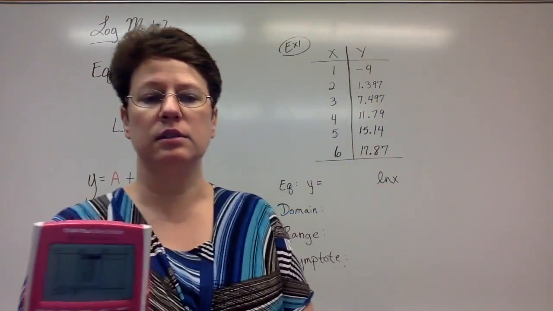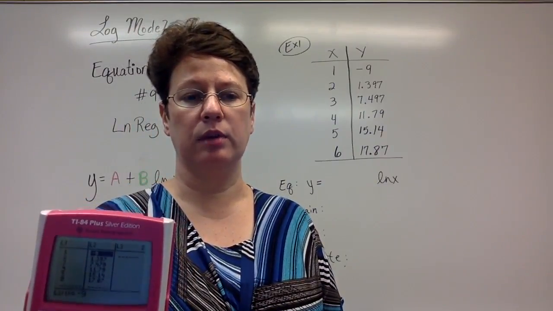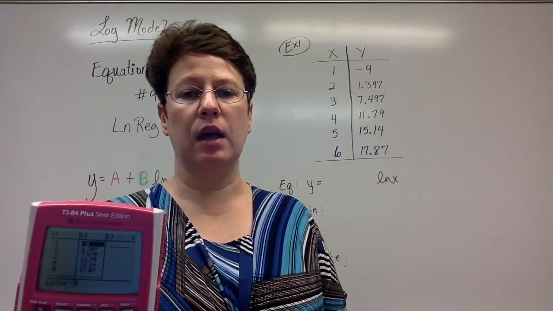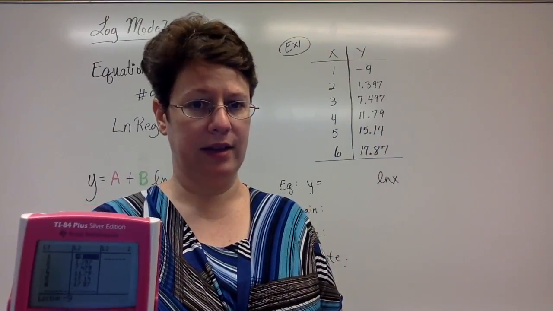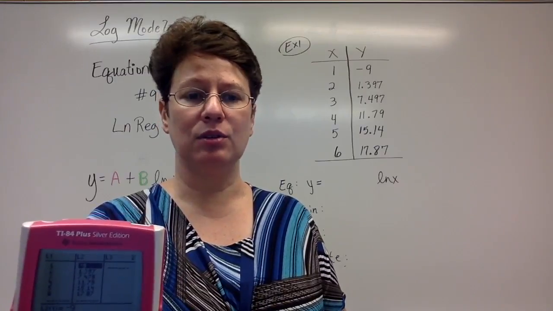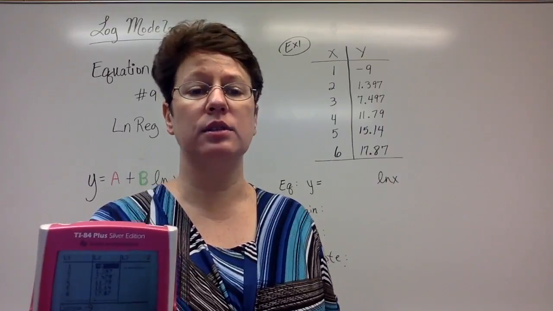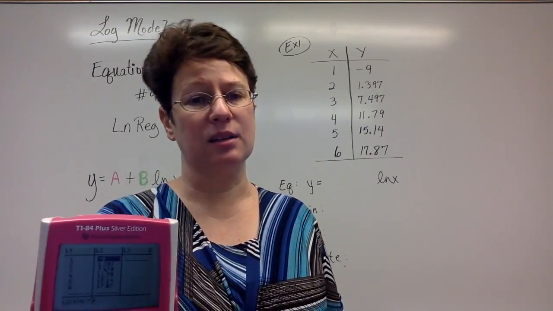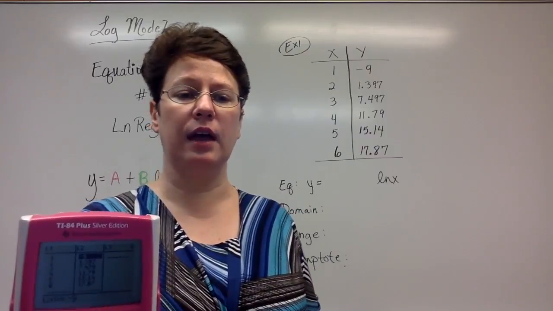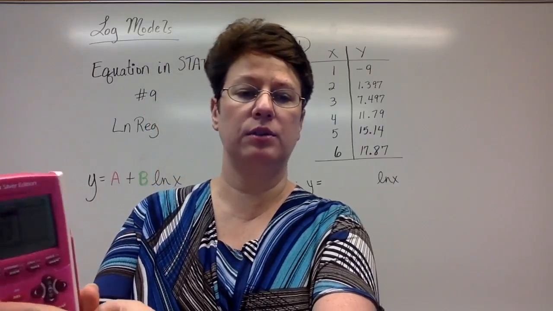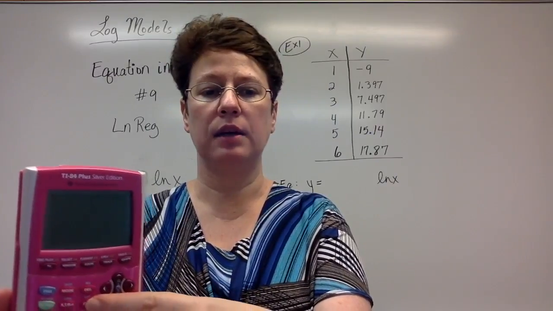So the trick is to make the table in the calculator match the table that's on your paper, right? So I'm going 1 through 6. My L1 is my X's, and my L2 is my Y's. So I'm plugging in each one of those numbers. Carry it out as many decimal places as you can. Otherwise, if you round it off, it's not going to be as accurate, all right? So now that I've done that, I'm going to quit. So I go second mode and quit out of the function,